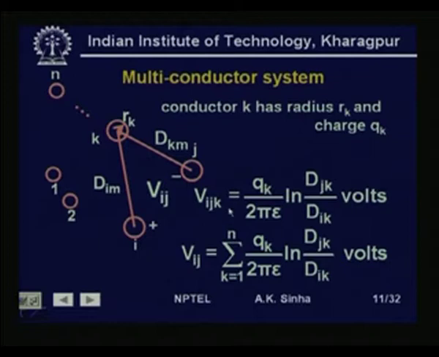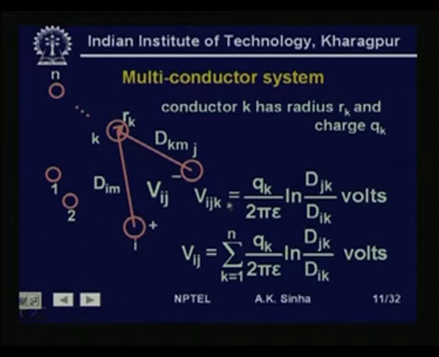Then we can find out the voltage between two conductors i and j due to charge on this conductor k. We write this as Vijk, that is, voltage between conductor i and j due to charge on